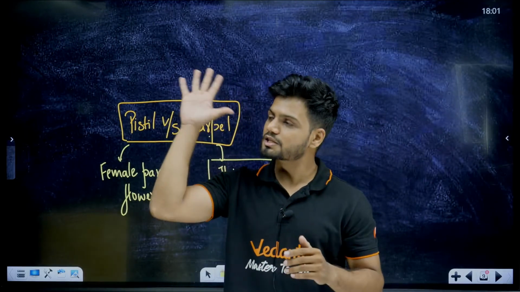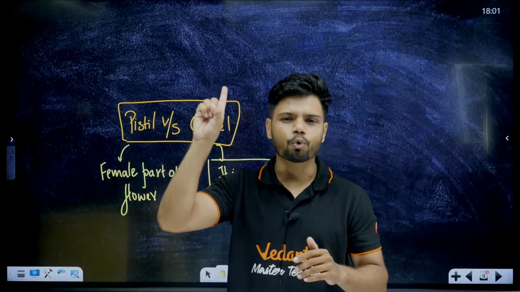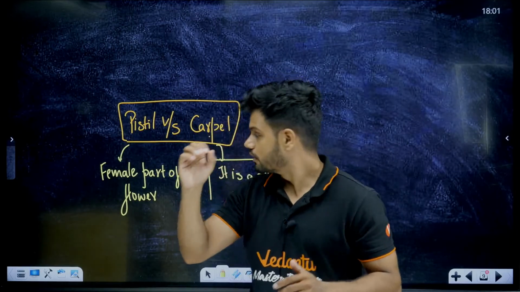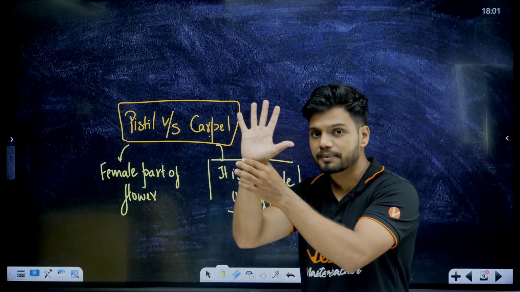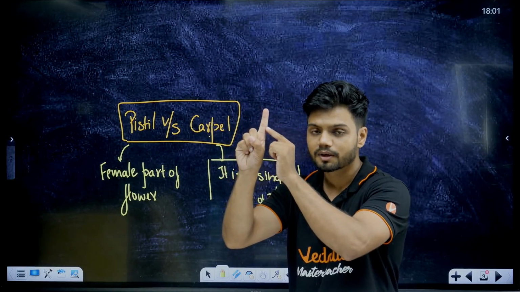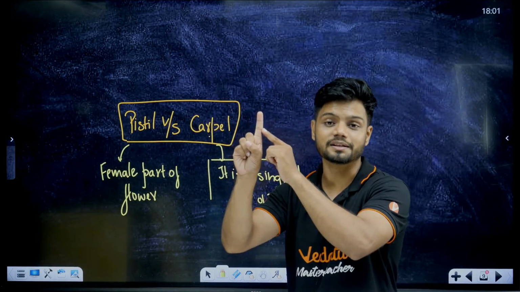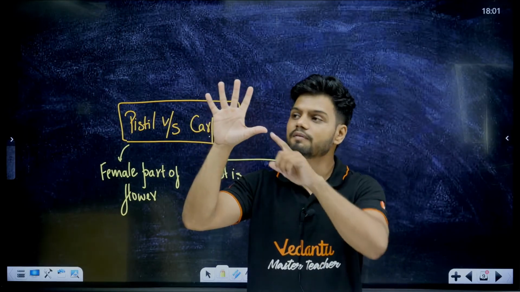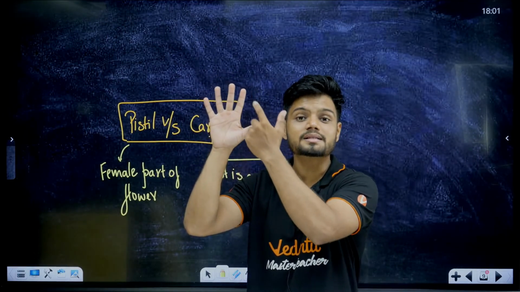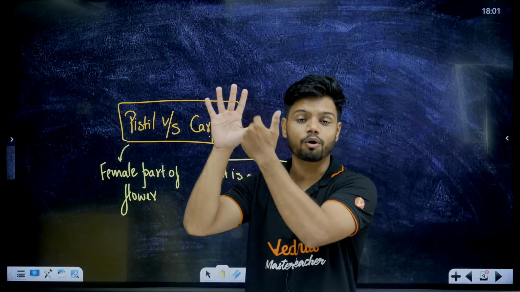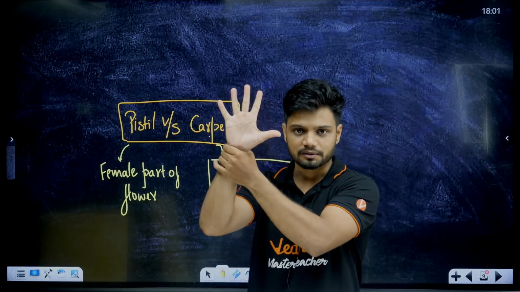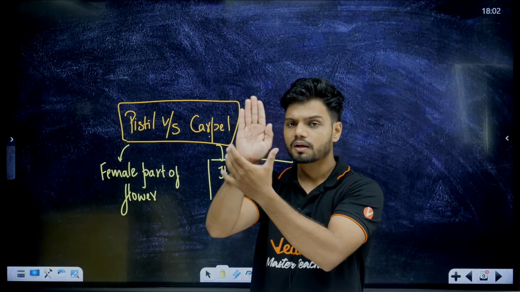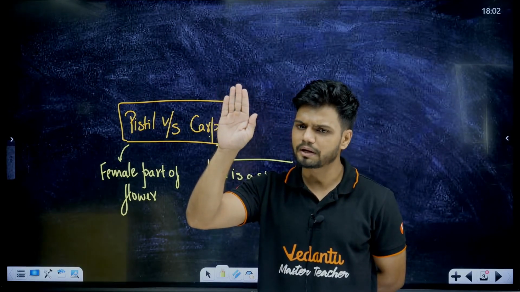Now imagine in this entire pistil there is only 1 finger. In terms of this, imagine this entire pistil has only 1 carpel. Then it is called monocarpellary. Now imagine in this pistil we have many carpels. Then it is called multicarpellary. Now in this pistil, if all the carpels are completely fused, then